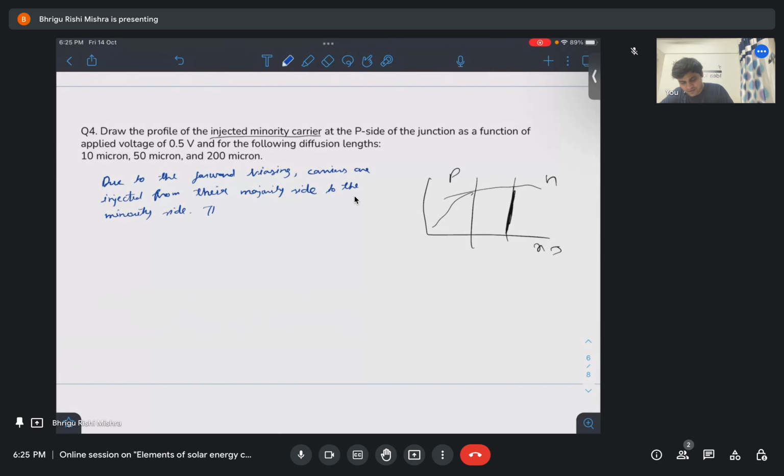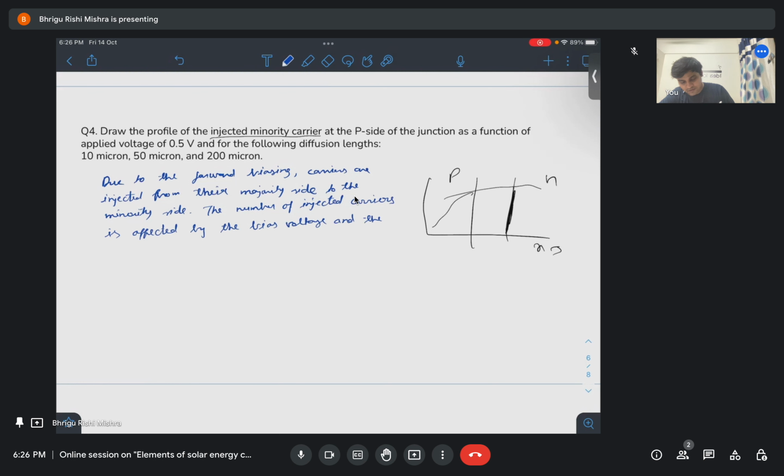Okay, the number of injected carriers is affected by the applied bias voltage